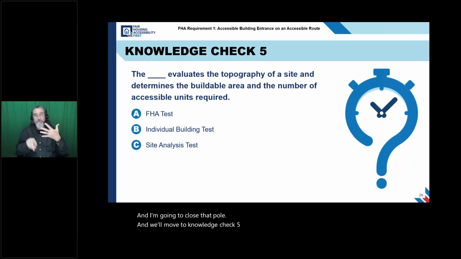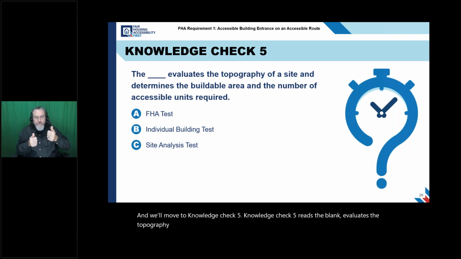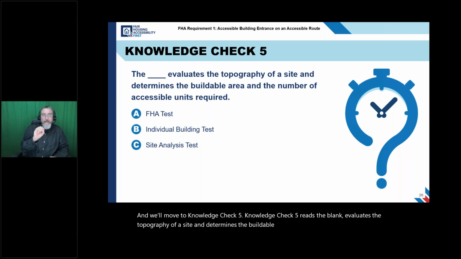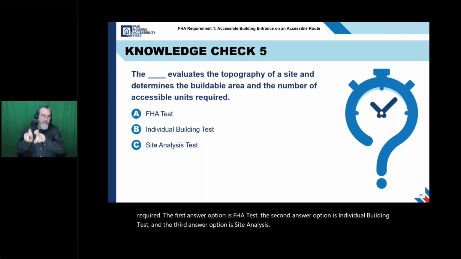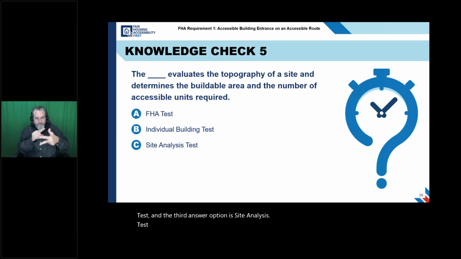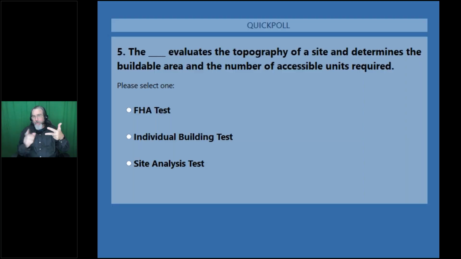Knowledge check 5 reads, the blank evaluates the topography of a site and determines the buildable area and the number of accessible units required. The first answer option is FHA test. The second answer option is individual building test. And the third answer option is site analysis test. And we'll launch this poll so that you can submit your